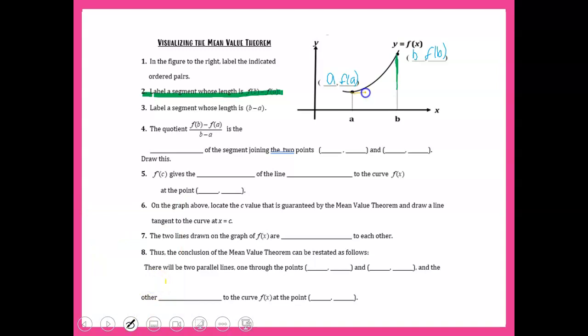So this would be the segment AB, and the green would be the segment f of b minus f of